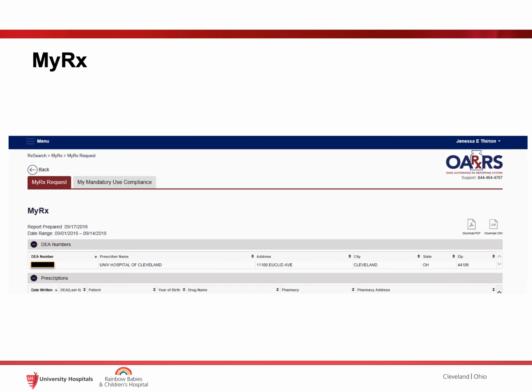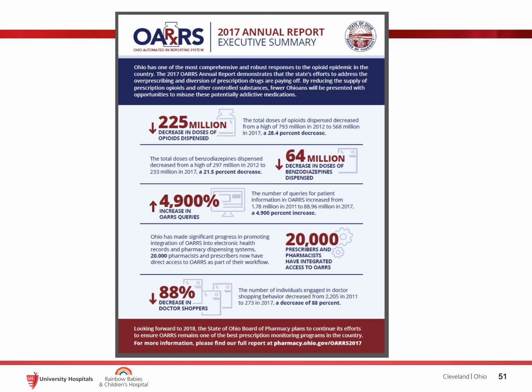And then this is what it will look like. It will show you the patient and their information, what medication you prescribed, how much you prescribed, and how many refills. So if you just want to evaluate what your prescribing habits are, this is one way of doing that. What we have found in the 2017 ORS annual report is that having ORS and people checking it